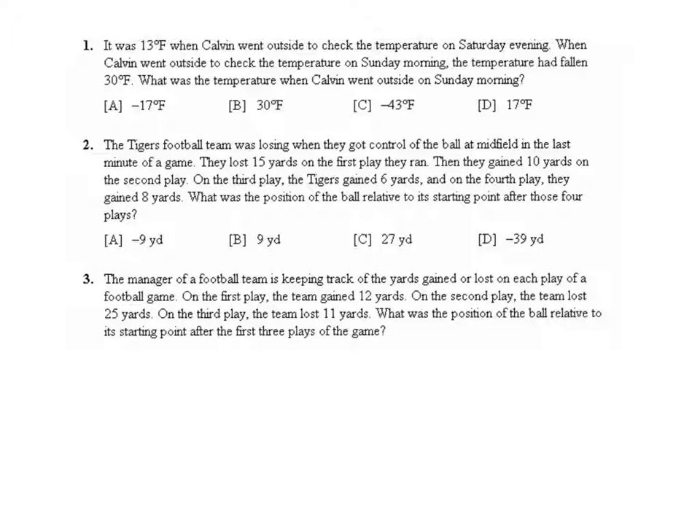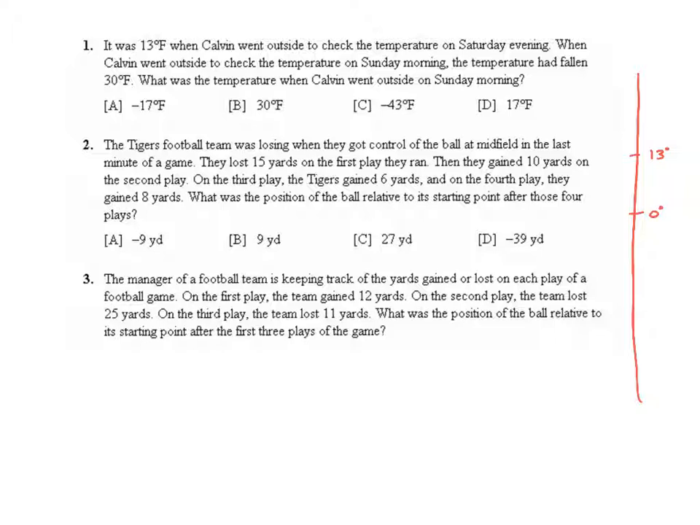Question number 1 says it was 13 degrees Fahrenheit when Calvin went outside to check the temperature on Saturday evening. When he went outside to check the temperature on Sunday morning, the temperature had fallen 30 degrees Fahrenheit. What was the temperature when Calvin went outside on Sunday morning? I'm going to draw a little thermometer out to the side here, and I'm going to label this with 0 degrees, with 13 degrees, and we know that the temperature had fallen 30 degrees between Saturday